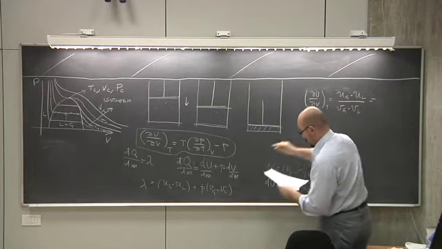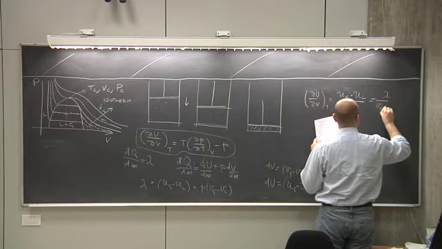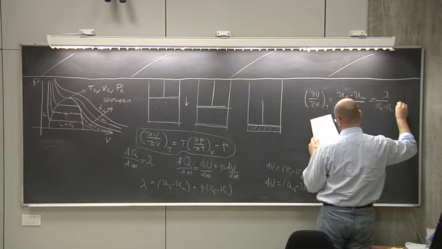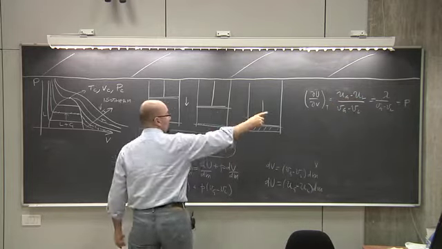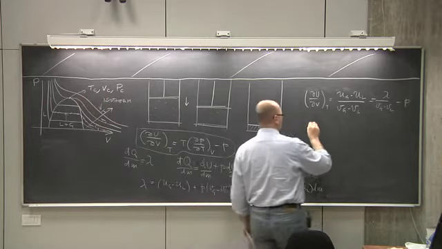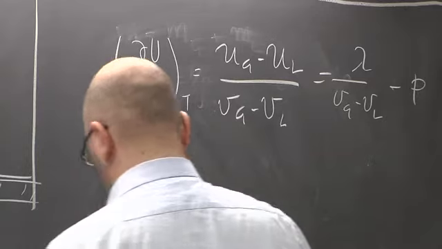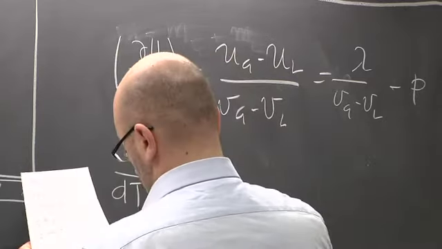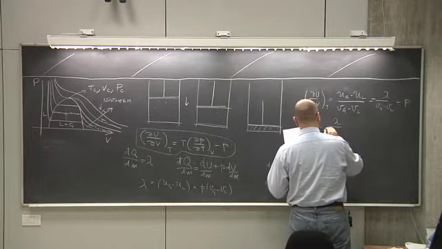And from this equation, I can write this as lambda divided by Vg minus Vl minus P. And if I insert this in the left-hand side of this equation, I get the result that I wanted, dP in dT is equal to lambda divided by T